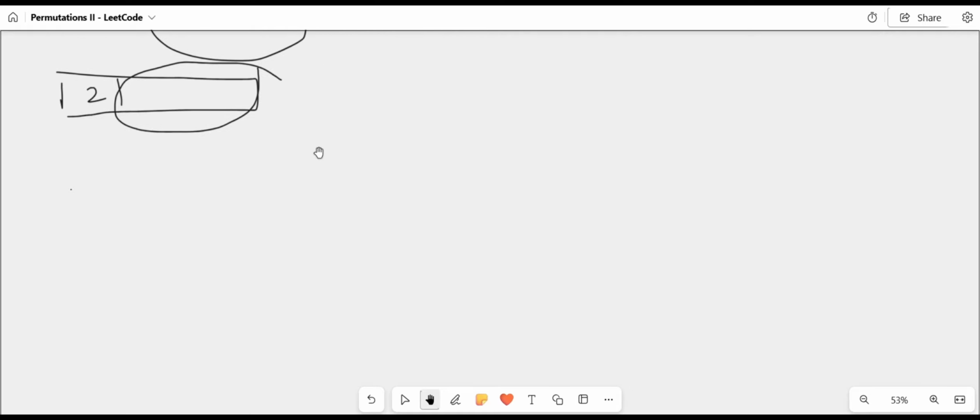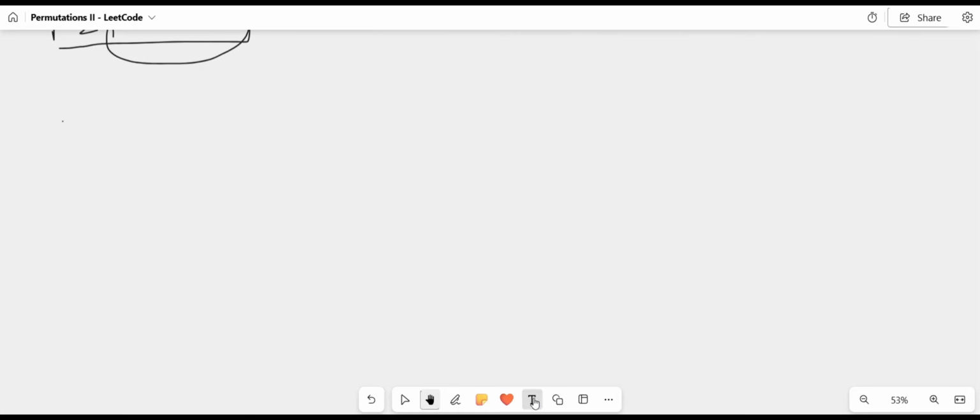To track unique elements at each position, a simple approach that comes to mind is maybe we can use a hash set for each position to track the unique elements. So whenever we are trying an element at a position, we'll first check whether it is present in the hash set or not, and if it is present, we'll try out the next element. If it is not, we'll insert it into the hash set and then try it out. Or another approach can be,